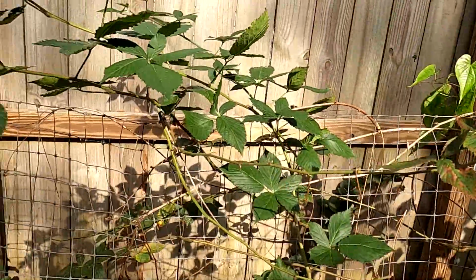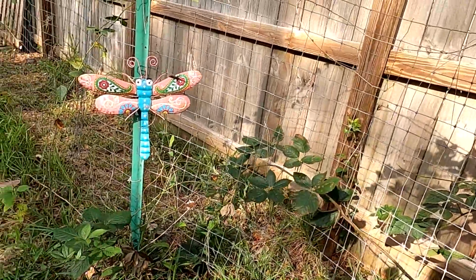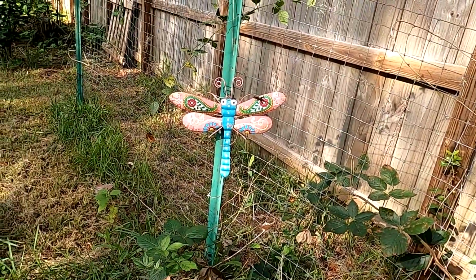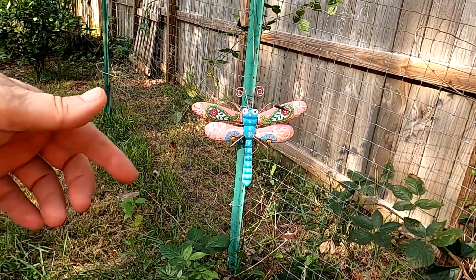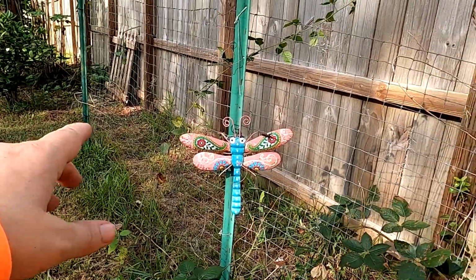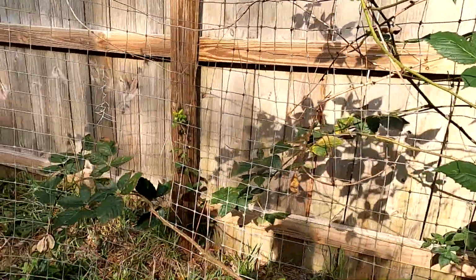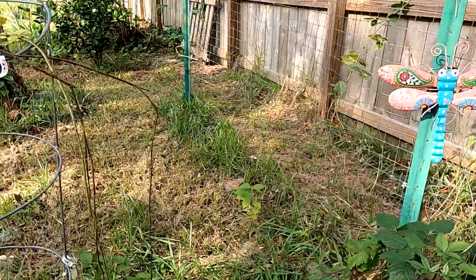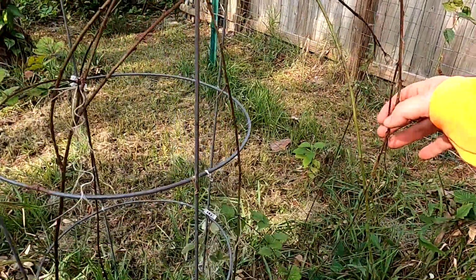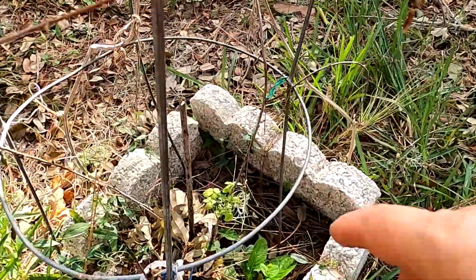And these are my blackberries, thornless blackberries. I got 2 of them in here. I had, well, 4 altogether, and the first one died immediately, and then this one died about 1.5 years ago. So I just have these 2, and eventually we'll get to air layering, if I can ever get a lot of projects done. And here is the raspberries, the first one, and then the second raspberries down there,